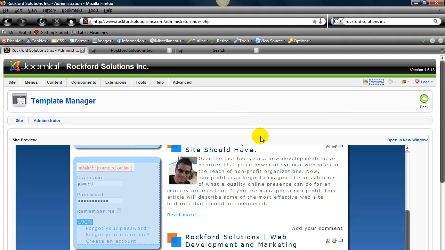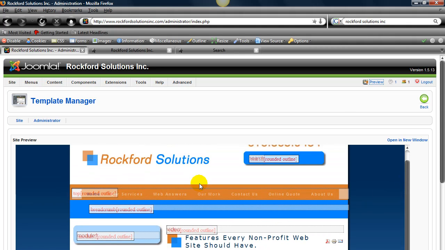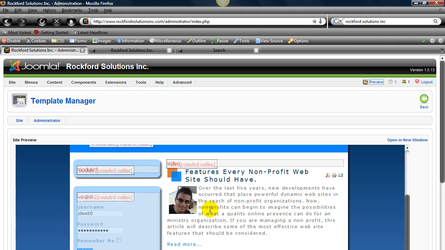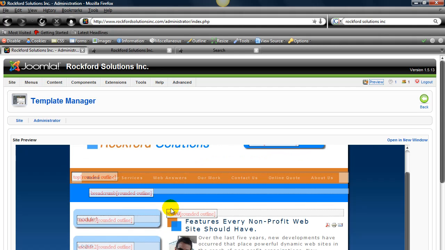So we'll get out of that. And look here, this bird's eye view gives you all the module positions. So if you look, there's one for a search space. There's a top one, and it looks like we have some navigation in there. There's breadcrumbs for the breadcrumbs feature in Joomla. You know, the list just goes on and on. There's a lot of different areas